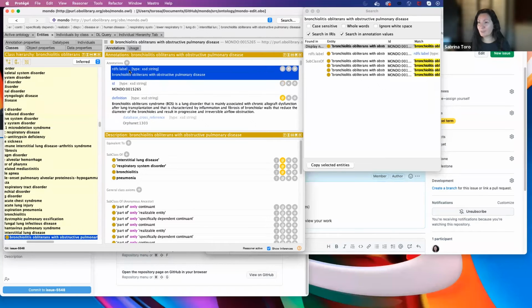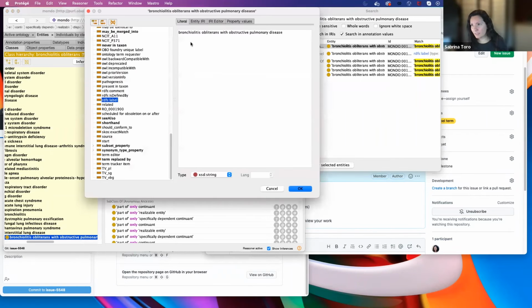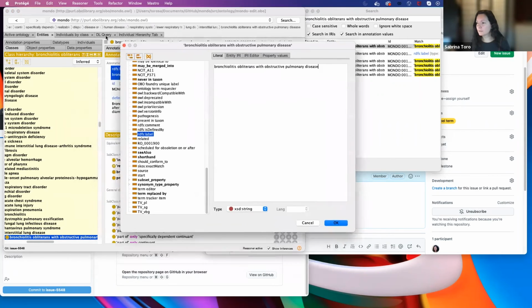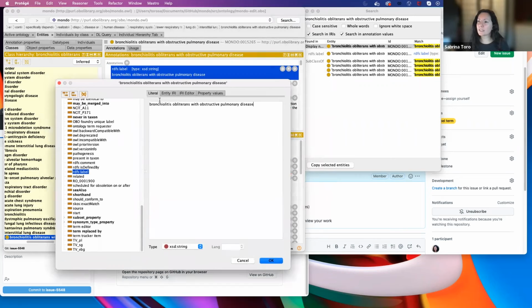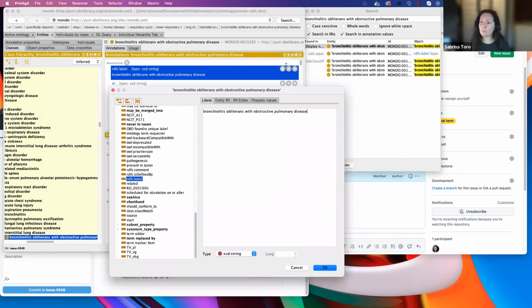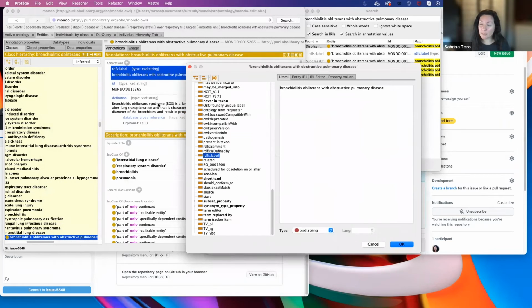So I click on label. There are different ways of doing it. You can click here on the little round button, edit. But if you double click on this, the window opens. It opened twice. No, good, we're good. So this is how it works: every box, here I call them boxes,